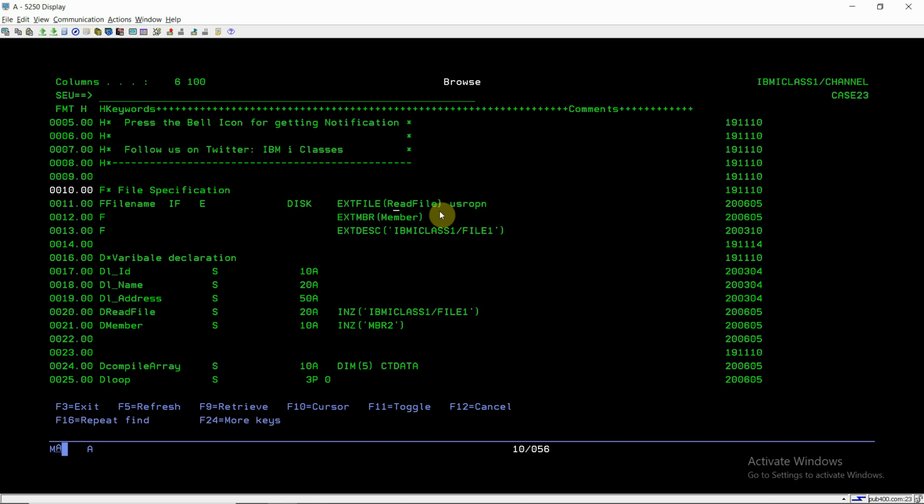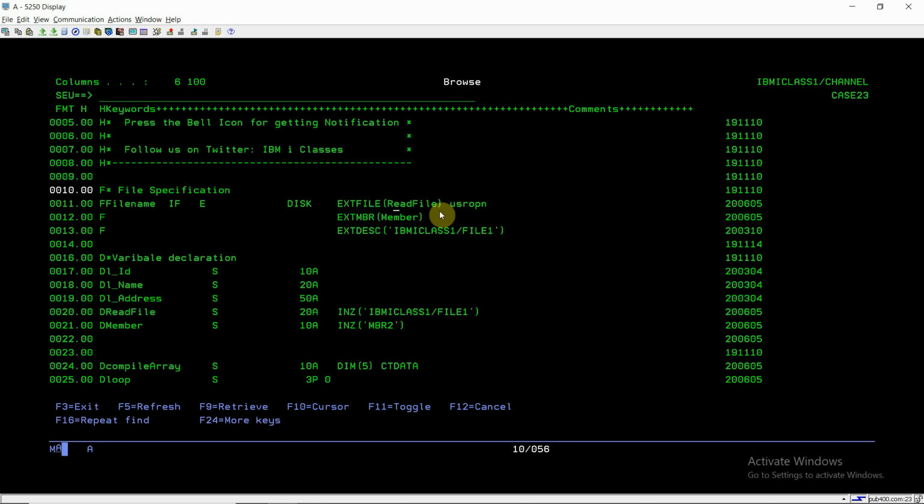If we don't specify USROPN here, then our program file will get opened at the initialization time of the program, and then we won't be able to read another member. The first member that gets read will always be read. So if we are reading 2 members out of 3, we will be reading the same member both times.